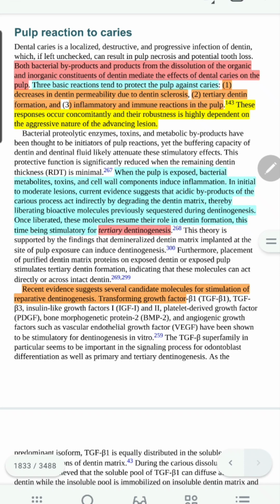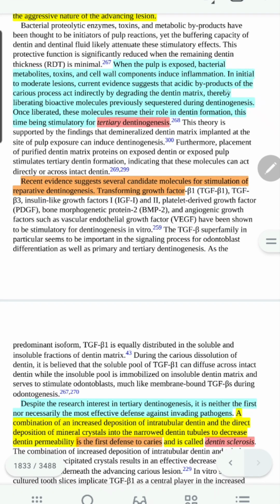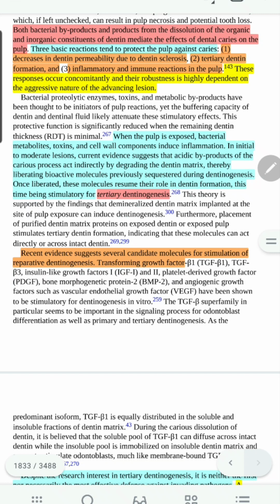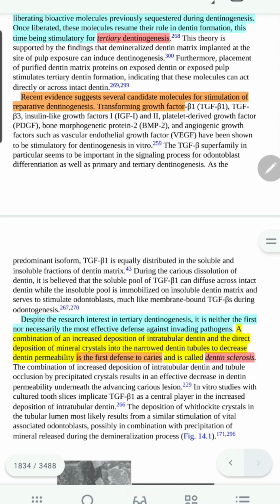So these acidic byproducts reactivate these molecules to form the dentin again, but this time the dentin that is forming is a tertiary dentin, in which the tubules have a different orientation from the secondary dentin, the original one. Also, the acidic byproducts and the toxins that are produced by the bacteria induce some growth factors that aid in this procedure. But the formation of the tertiary dentin takes time, so it's not regarded as the first line of defense, but the dentin sclerosis is the first